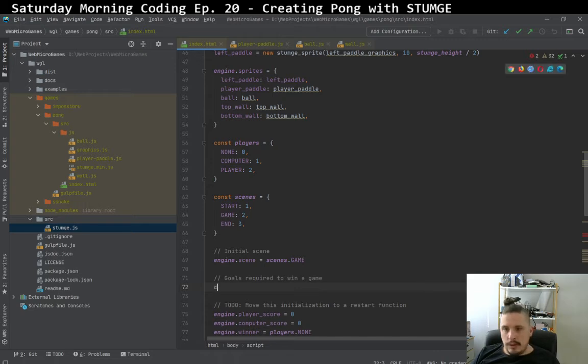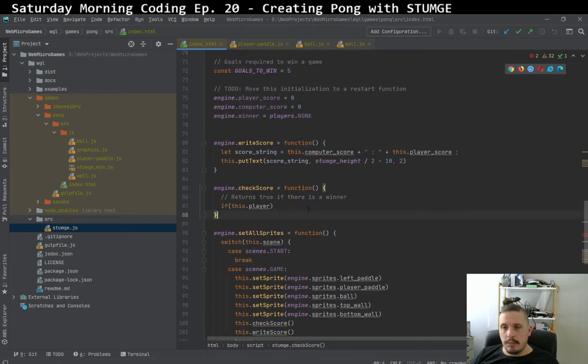Const goals to win equals 5. So if this player score is bigger or equal to goals to win, then